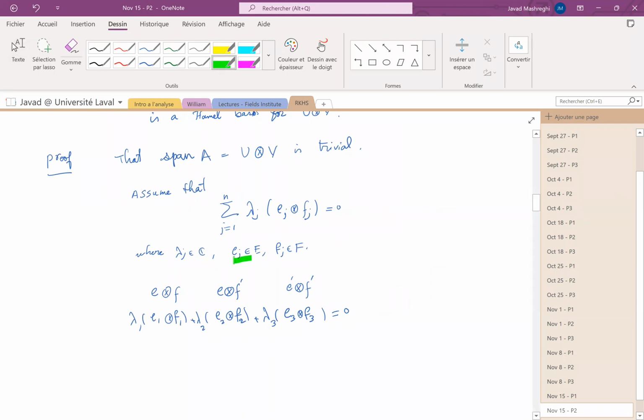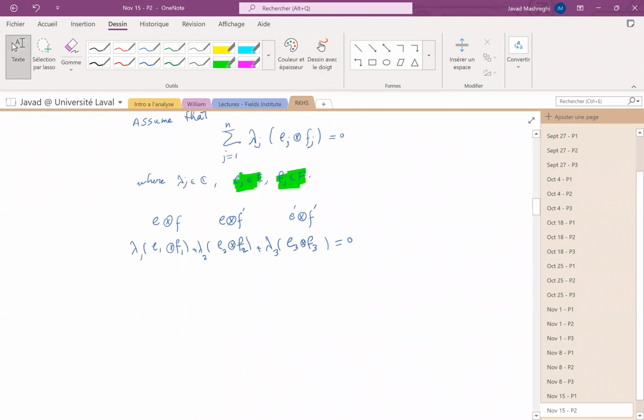So ej is in E, fj is in F, but we might have some repetition. And the way to do it is based on what we did before, I mean, the tensor product of two linear mappings. So we know that since E is a Hamel basis for U,